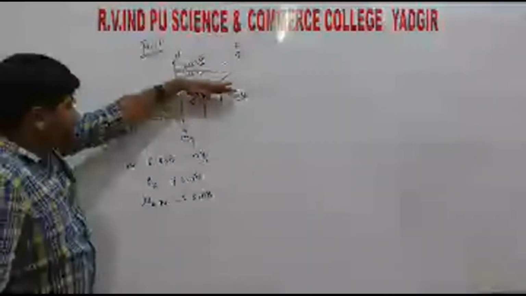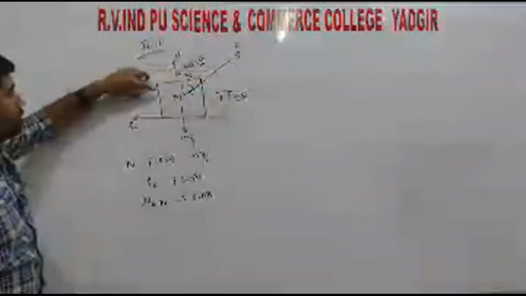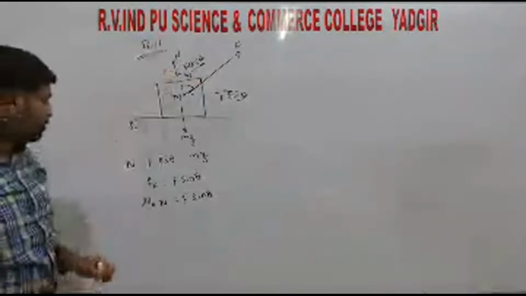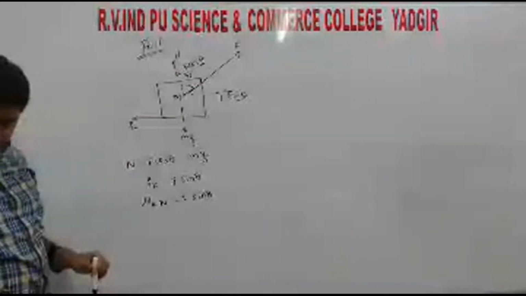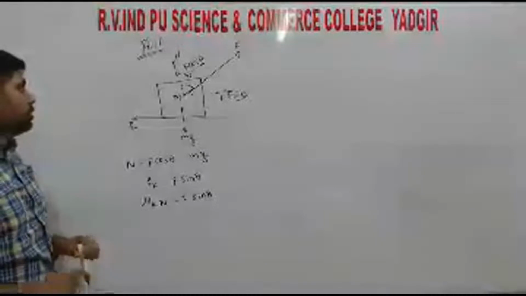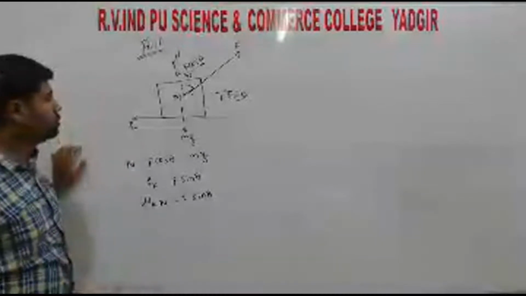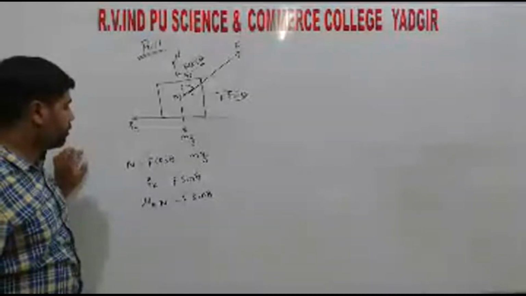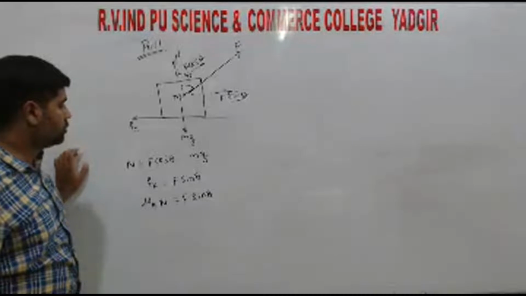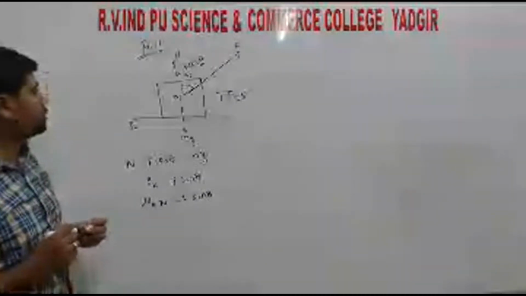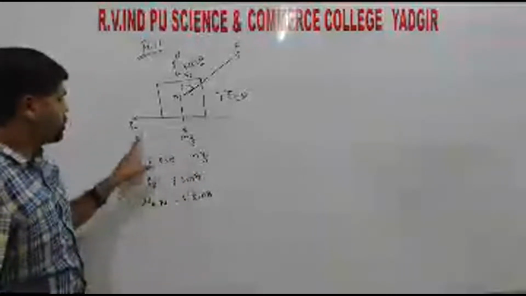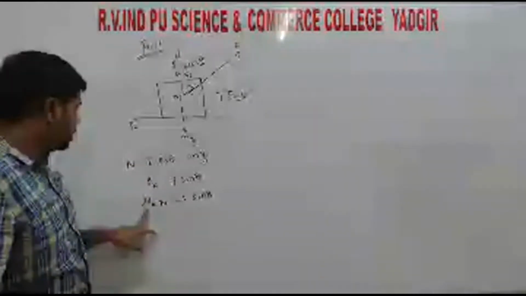Right. N plus F cos theta is equal to mg, and Fk is equal to F sin theta. Mu k n is equal to